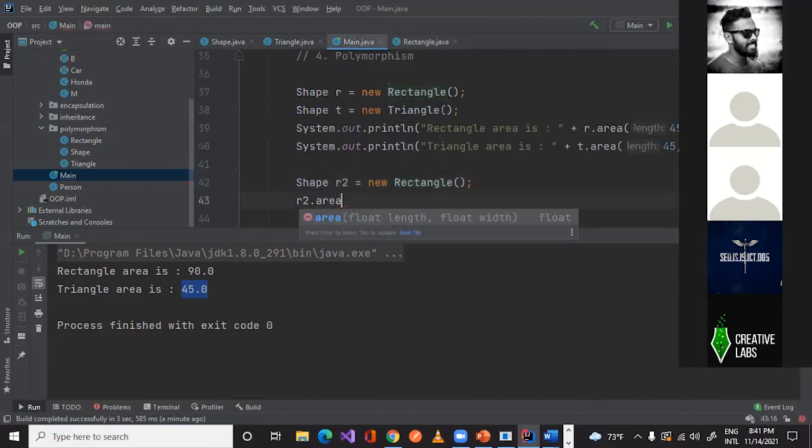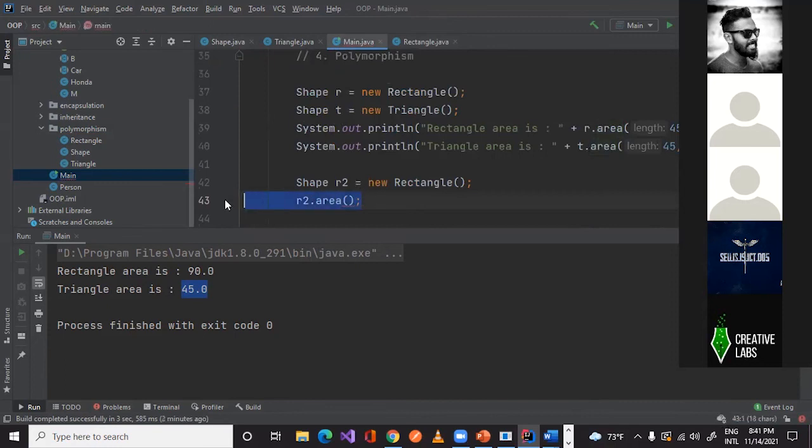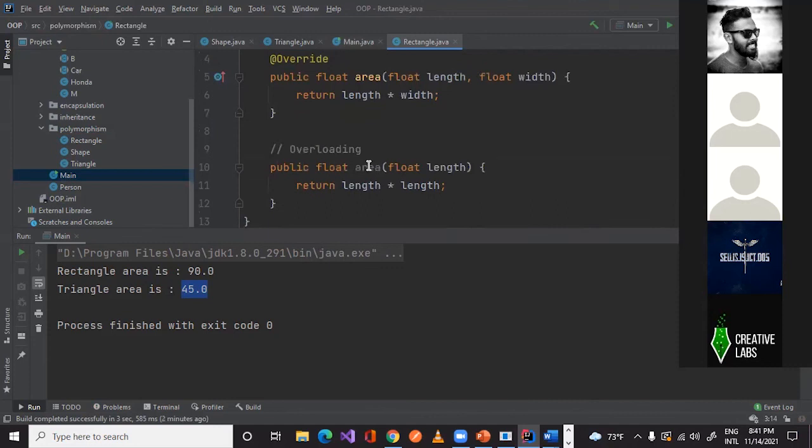So we can have this area as well. In this case, we need to pass only one parameter. And if we are accessing the other method, we have to pass 2 parameters. So those are 2 concepts: overloading and overriding.